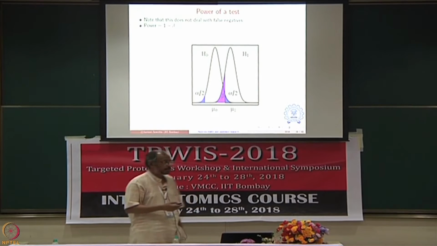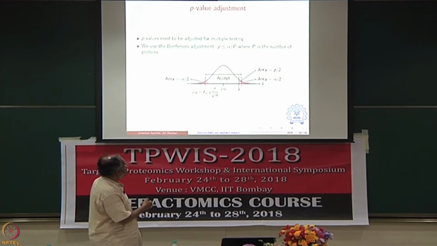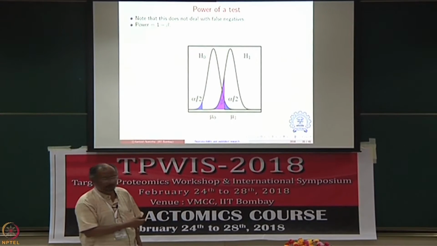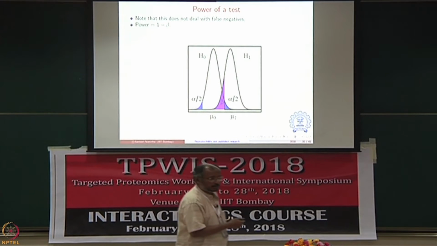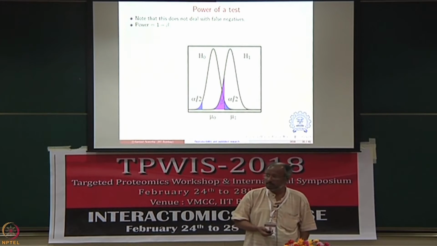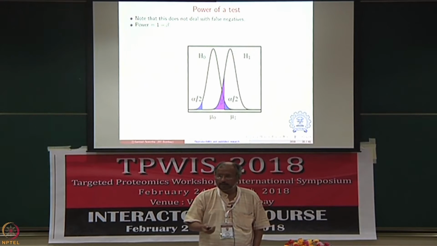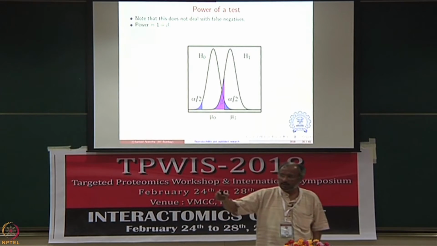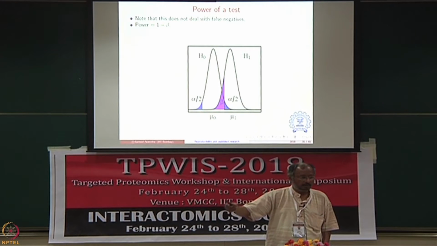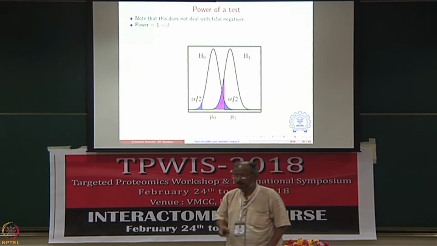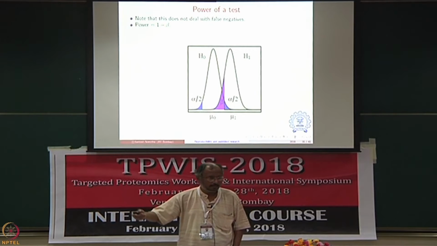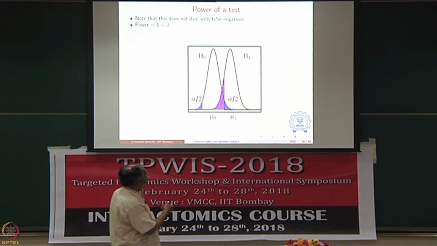So, the headache comes about because if you look at what we have done in the previous thing, we only paid attention to one curve. We did not ask the question what the other hypothesis might behave like, which is the case here. If you start paying attention to an alternate hypothesis, you suddenly realize that I might have a diagnostic kit, for example, which is accurate 95% of the time. That is what that confidence interval tells you. And therefore 5% of the time I am making a mistake of a certain kind. Let us say I am falsely calling somebody positive, so false positives. But what is not giving me information at all is my false negative rate. And for the false negative rate, you ought to be looking at the other curve and this beta.